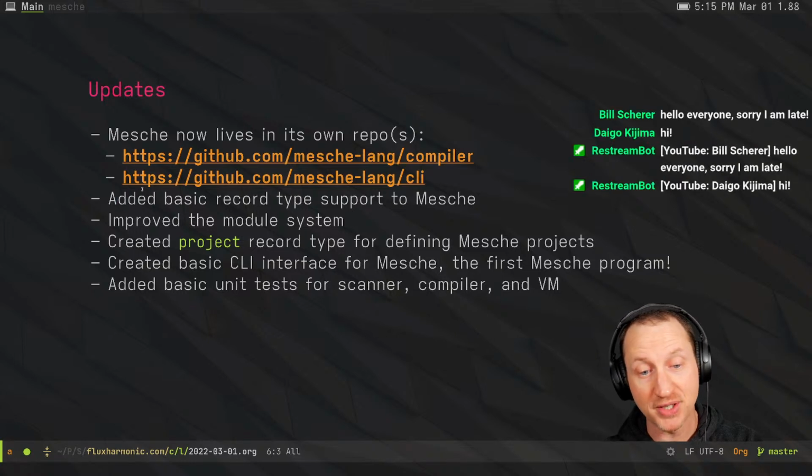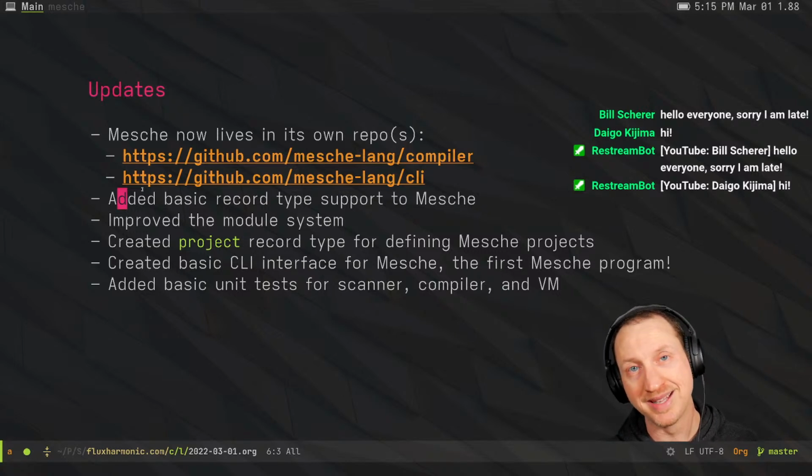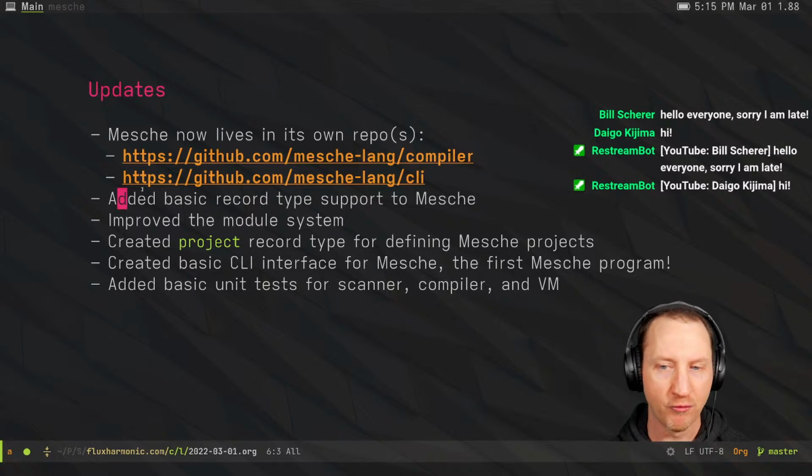So I added basic record type support to Mesche. If you don't really know what record types are, it's basically like structs, but in a scheme or lisp type language. So you basically just have the ability to define a record type, which has fields, and you can create an instance of that record type and set the values on the fields. For now, this is an immutable record type where you can't change